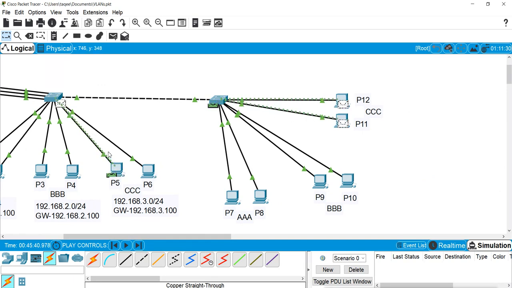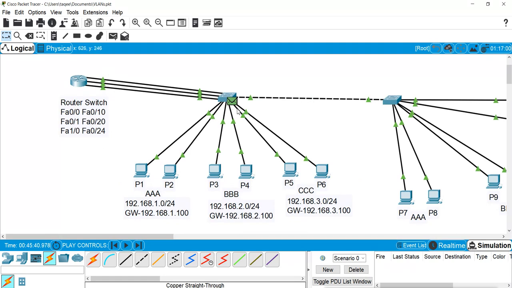You see, this one is sending the reply, and here it is also sending the broadcast to these two machines. They will not reply, only this machine will reply. So this machine is sending the reply. Now the reply will not go as a broadcast, because now this machine knows the MAC address of this router. So it will send it to that router. Now the router knows the MAC address of this PC5. Now next time it is okay, done.